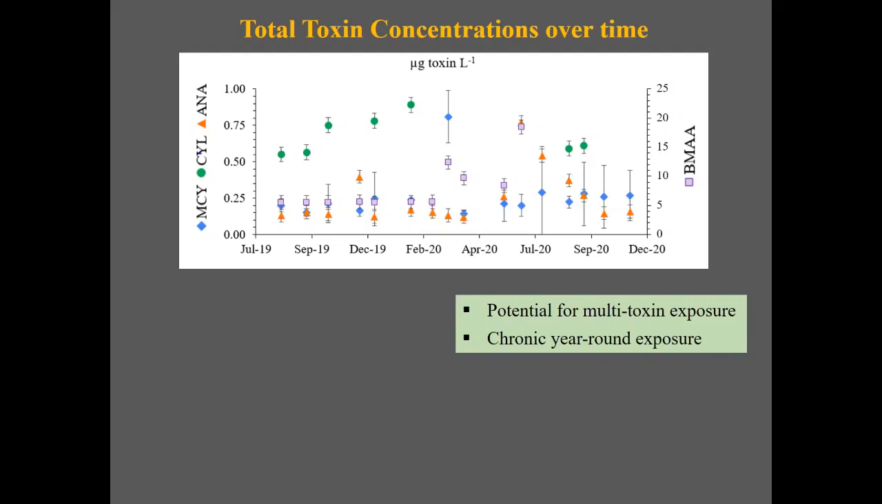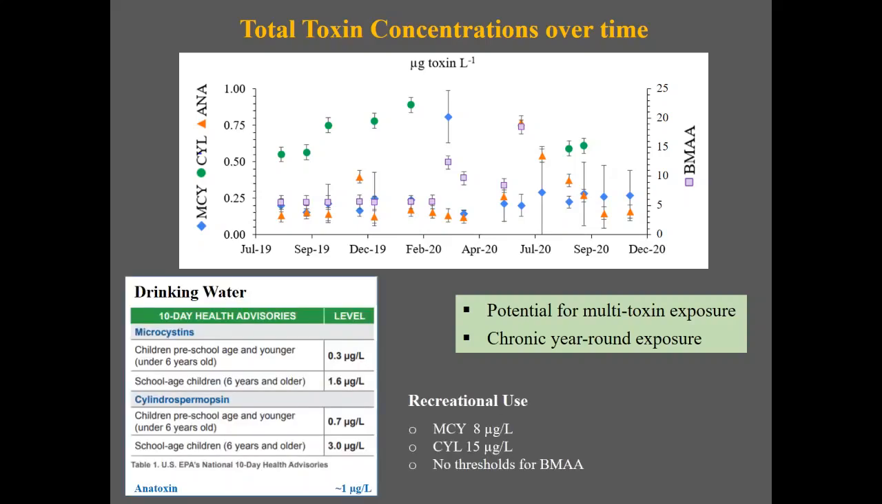The other thing that you should take away from here is that there's the potential for chronic exposure year-round. However, the concentrations per se do not exceed 1 microgram per liter or less than that. And if we look at the drinking water thresholds or the recreational thresholds through the EPA, you can see that we're sort of in the lower zone here, and there is no immediate concern. However, keep in mind, these are grab sampling monthly data, so we do not entirely know whether there are peaks